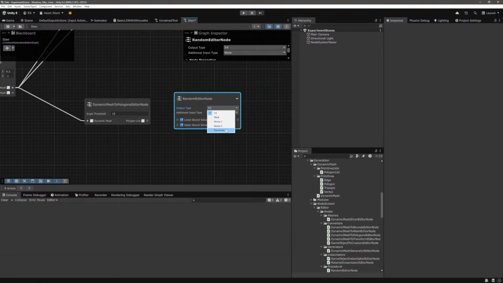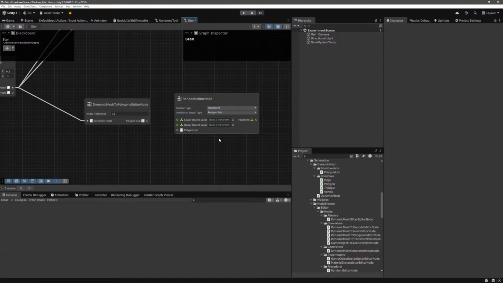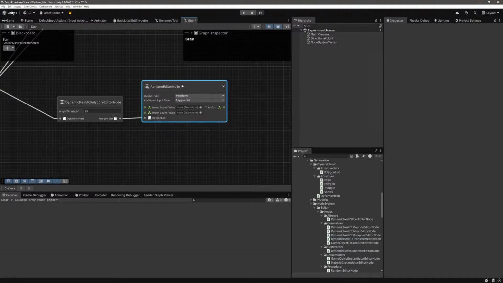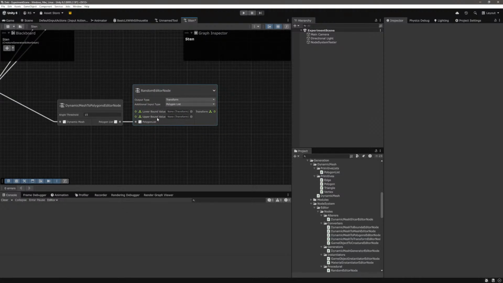So for us, it's going to look like transform polygon list, like this. Lower bound value, upper bound value. I wonder if